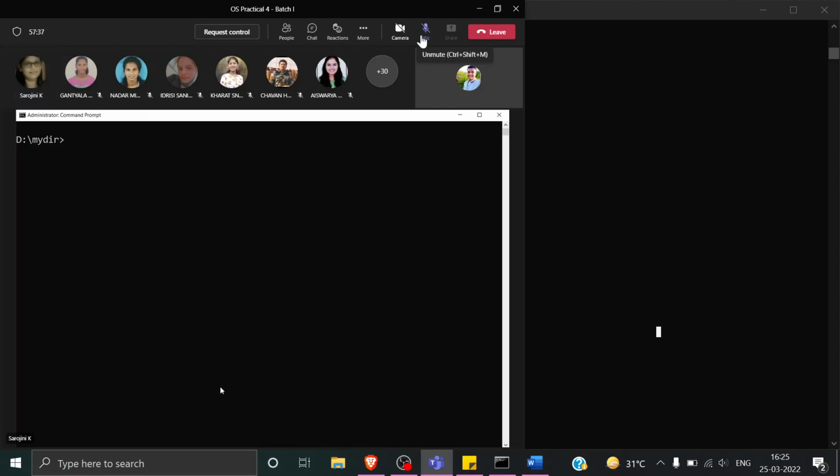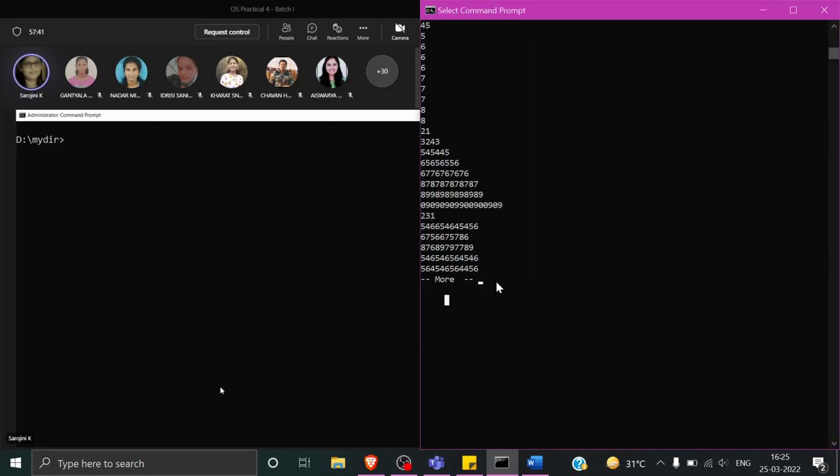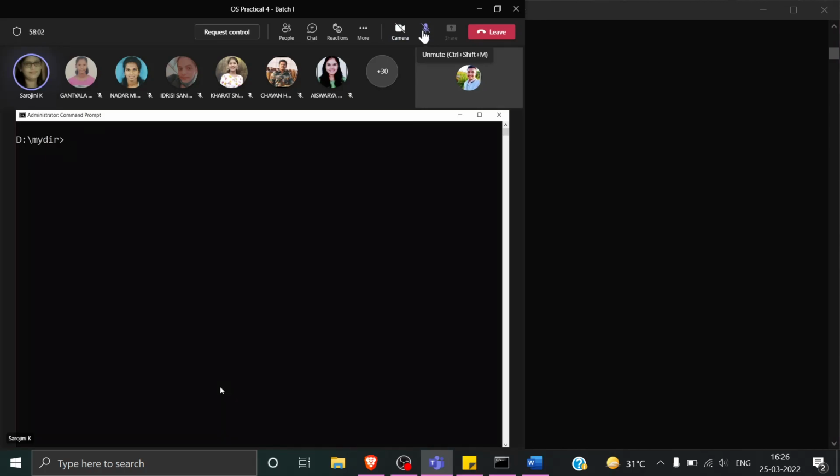After 9, letter A. A is light green. B is light aqua. The same sequence will be repeated with light. So 9 is light blue, A light green, B light aqua, C light red,